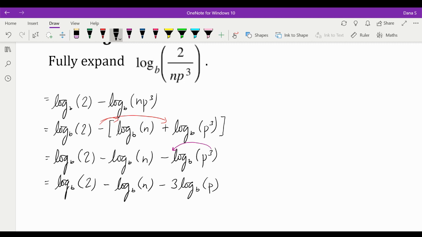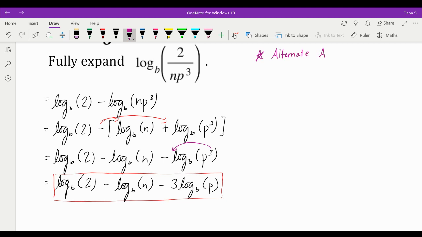of p. This is fully expanded because when I look at each individual argument consists of only one component. I'm going to show you another alternative method to make it a little bit quicker. So alternative approach